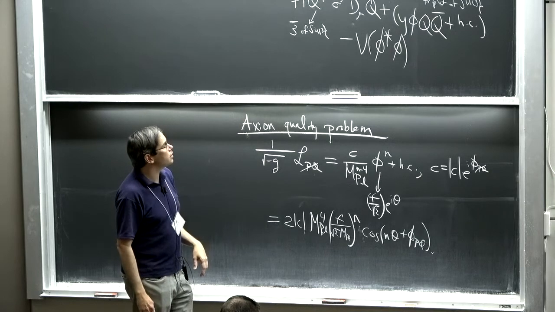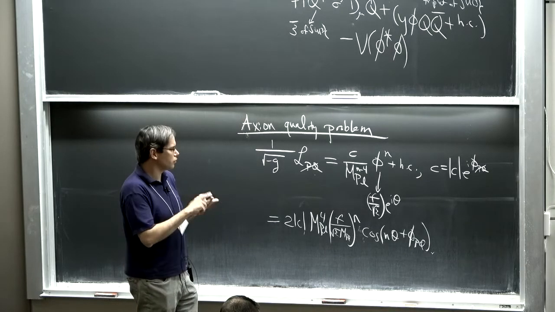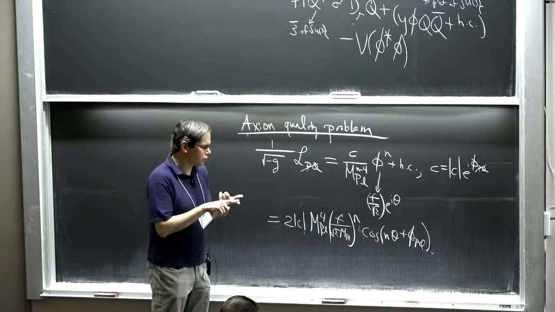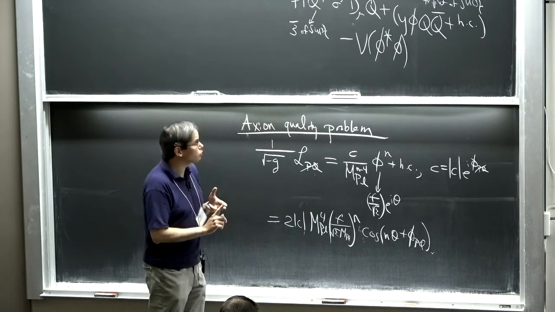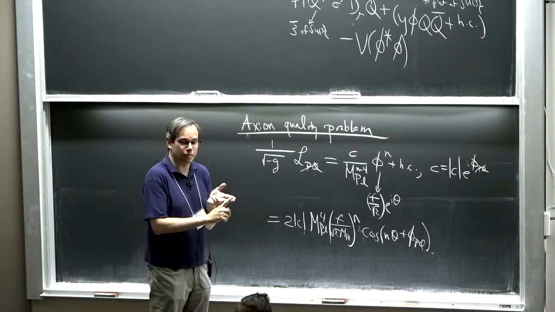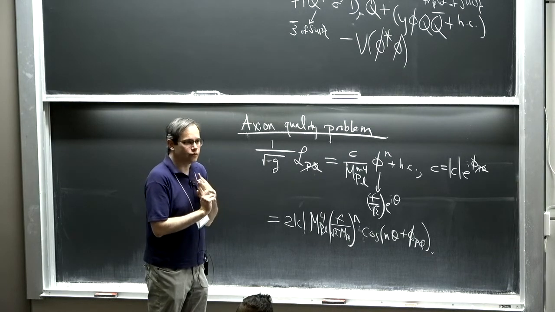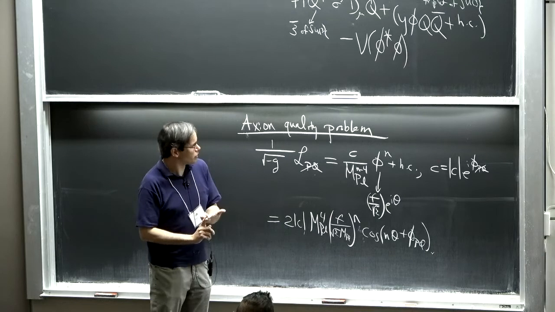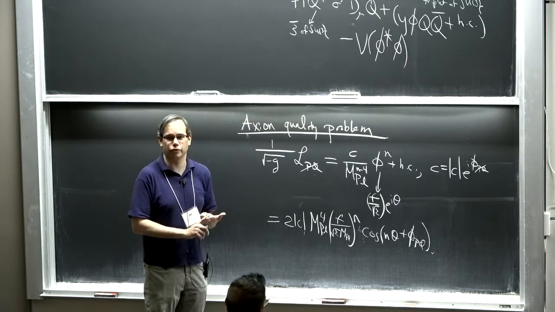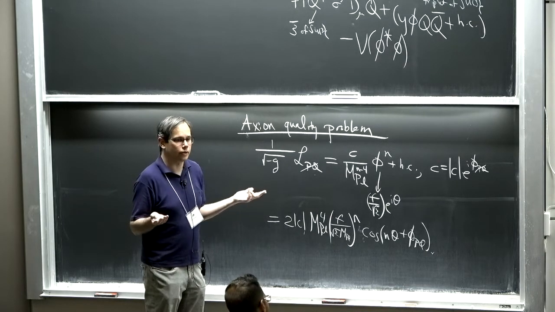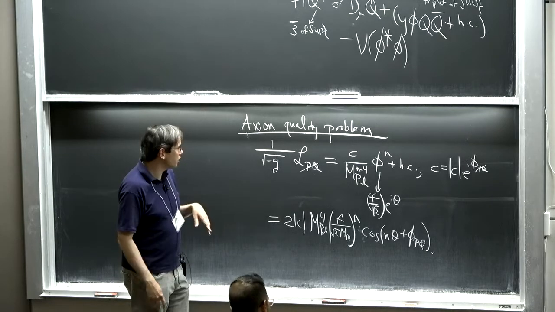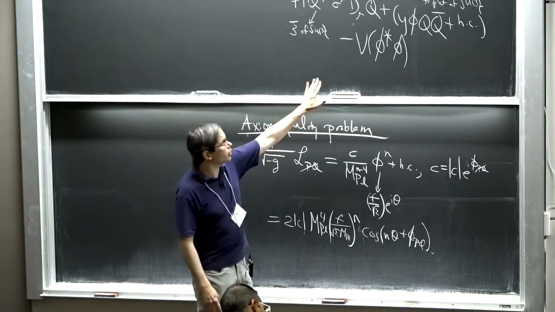But given that we don't really believe global symmetries exactly exist in the first place, and second, that this wasn't even really a global symmetry because the ABJ anomaly already broke it, if you're just kind of an effective field theorist, you would say, well, I should be allowed to write down things that break the symmetry because it wasn't really a symmetry. Okay, and that's what we're doing. And we're even kind of being generous by not writing down any renormalizable thing that broke the symmetry.